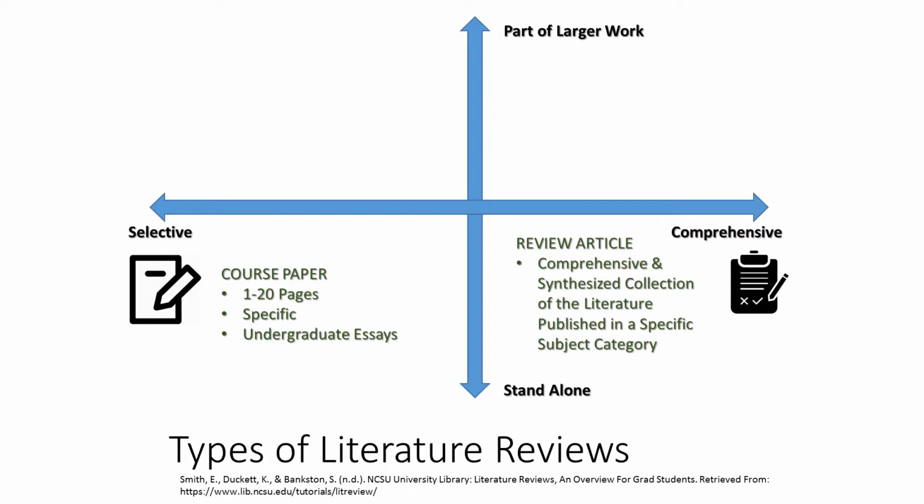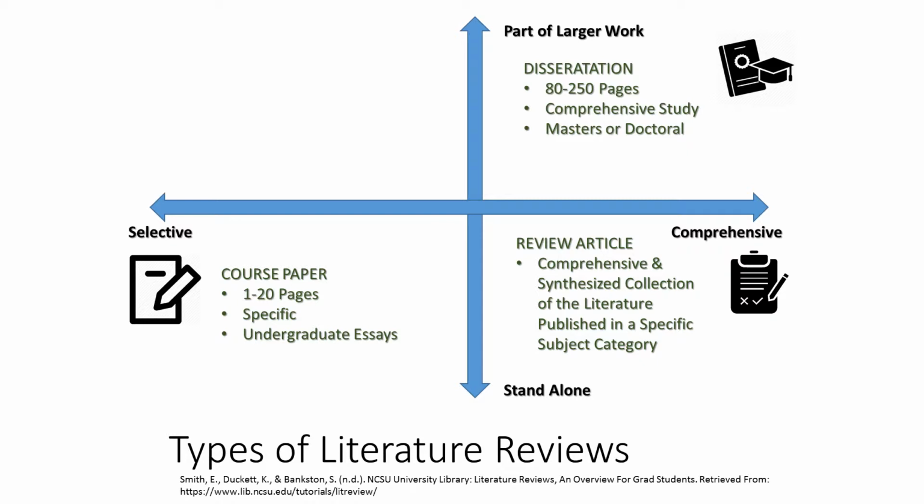Second is a professional review article. This is still standalone, however the scope of the research is going to be much more comprehensive, sometimes using 50 or more research resources. Third is a doctoral or master's dissertation. Typically, a literature review will introduce the subject of the dissertation and lay down a foundation that updates the reader